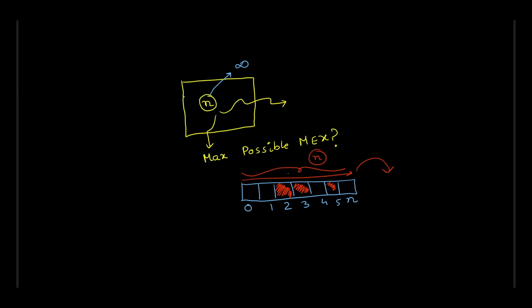But the total number of elements that you have is n, and to fill this entire gap you need n plus 1 elements. So even if all these elements tried their best, they cannot fill all the gaps from 0 to n. This means that no matter how big the numbers are, MEX of a set of n integers is always less than or equal to n. Therefore,